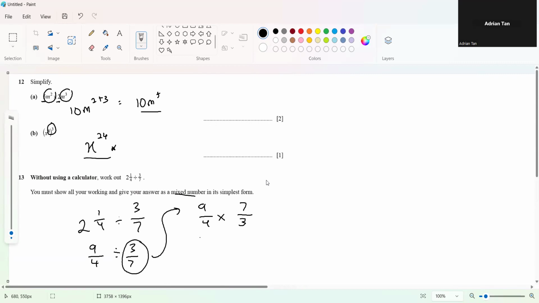So from here, we will get 63 over 12. And then when we simplify it a little bit further, both the top number and the bottom number can divide by 3. So this would be 21 over 4. And then finally, this would be 5 1 over 4. So that is simplified. So that's for number 13 done. And then we move on to number 14 and 15. So for 14 and 15,